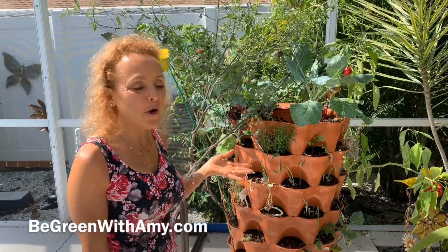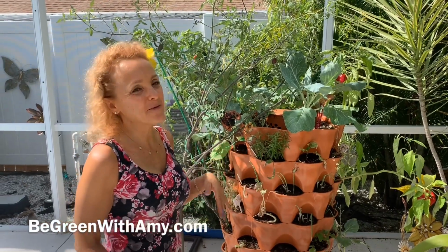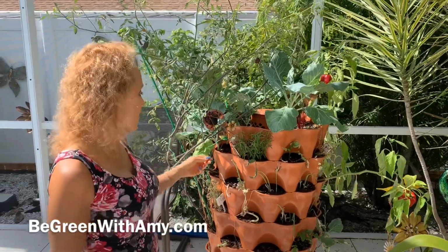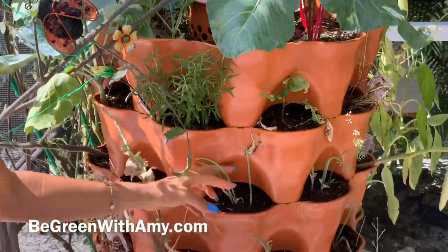I'm really excited because this is the first year that I've ever really gardened, and Rick has been very helpful with it. We did go to Hawaii for about a week, so it was neglected, but still growing strong in a lot of areas. So our rosemary survived even though it didn't get watered, and these scallions are popping up,